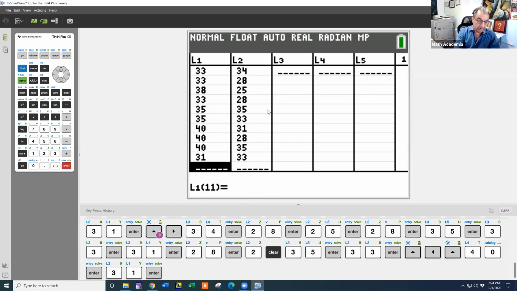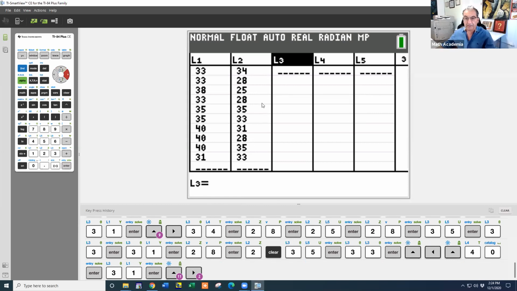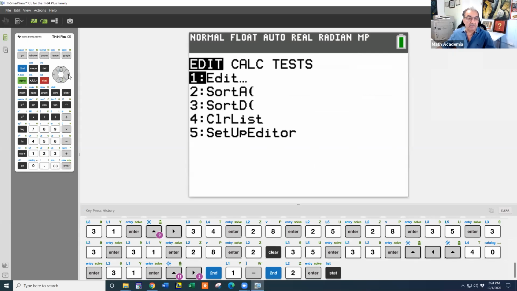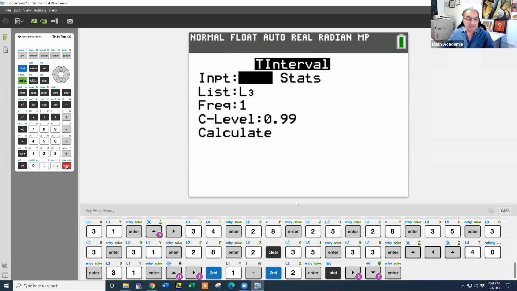Once you do that, you go to L3. So highlight the top of L3 and enter second function L1 minus second function L2. You enter. So you have the differences. Once you get that, you go to stat, you go to test, and that's T interval, number 8. Pick data because the data is in L3. Make sure to put L3, second function 3 here. Frequency is good, and the confidence level